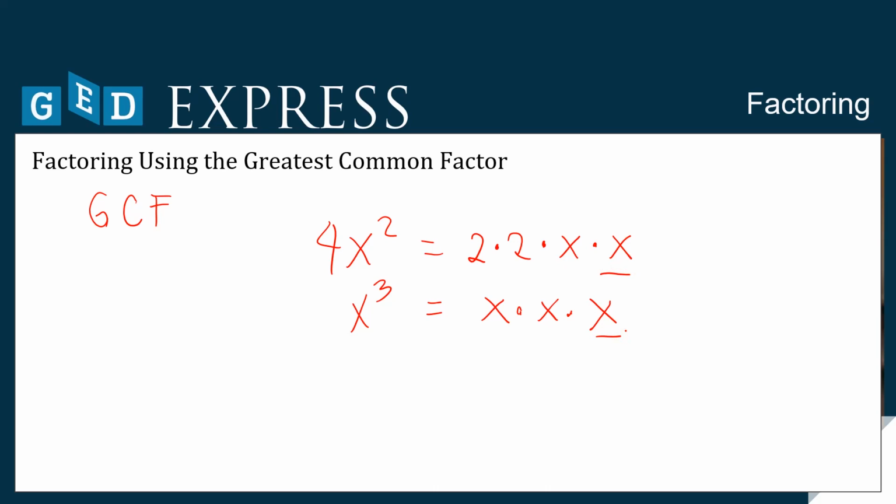However, they also each share two x's, or x times x, which is equal to x squared. Because this is the largest term that both of them share, the GCF is